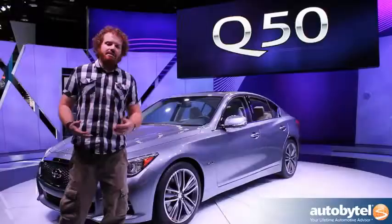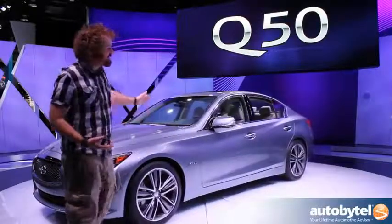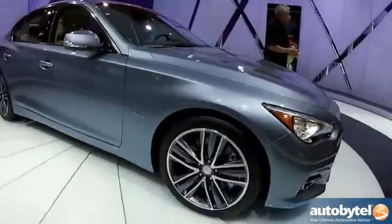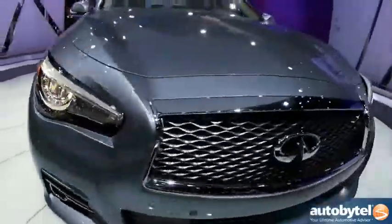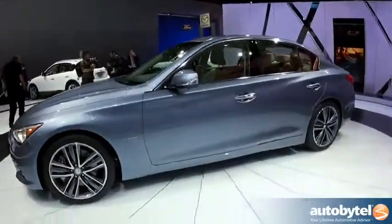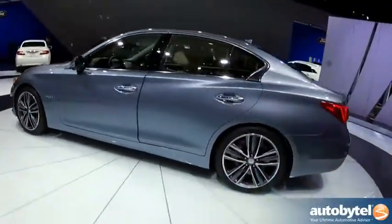You can see a lot of M-inspired styling cues along the sides of the car. From the front, we have the pinched trapezoidal style grille that's starting to proliferate across the luxury segment, especially with brands like Lexus. We haven't been given too many details about the Infiniti Q50, but we do know that one